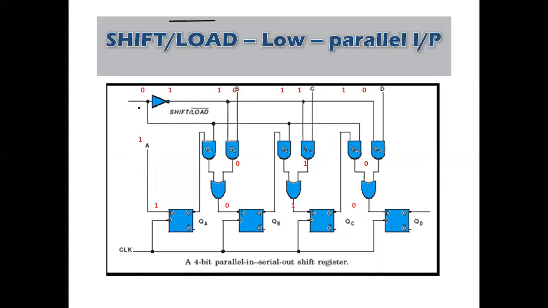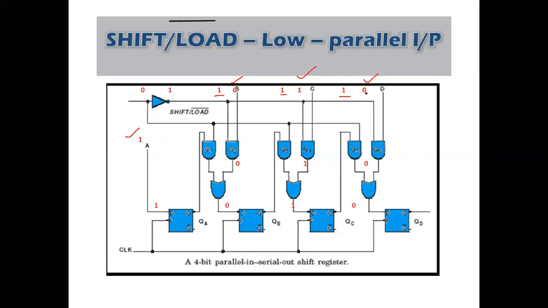See here, I have given 0 here, because I wanted to load the input data. If I give 0 here, I'll get 1 here. And this portion of the AND gate is 1, this portion of the AND gate is also 1, and this portion of the AND gate is also 1 here. So this is my default input that I got from this 0. Then this is my actual input, 0, 1 and then 0. And here also I apply 1. So what is my output? My output should come here as 0, 1, 0, 1. That should be my output. I should get it at this point.